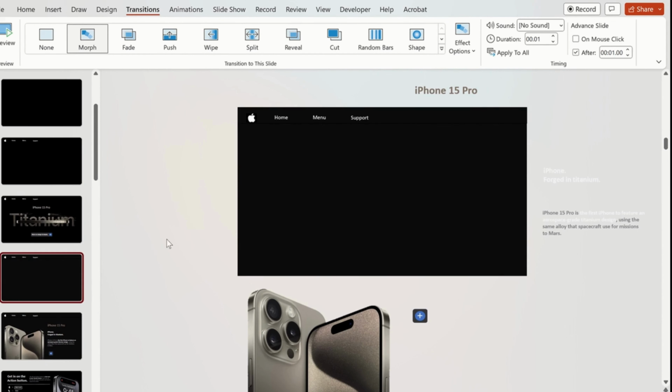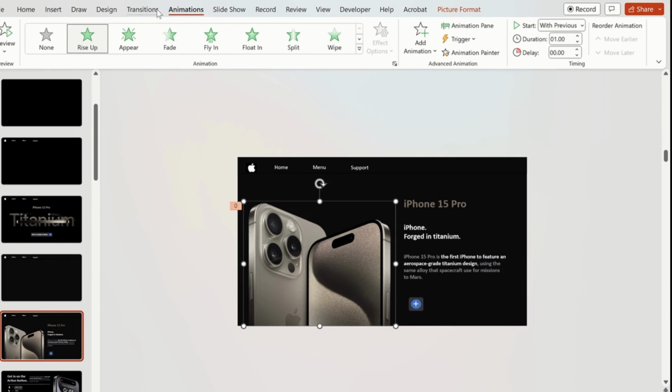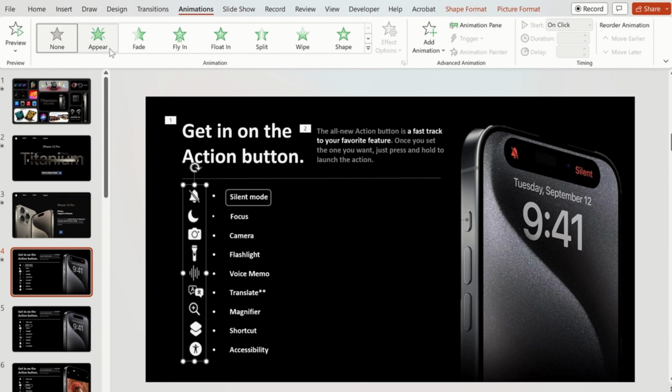For the duplicate of next slide, repeat the same thing. Move all text, images and button outside and apply Morph Transition. We have to apply animation rise up to the image and start it with previous and apply Morph Transition as shown. On this slide, we will select Appear from the Animation tab for all the text and icon showing, but